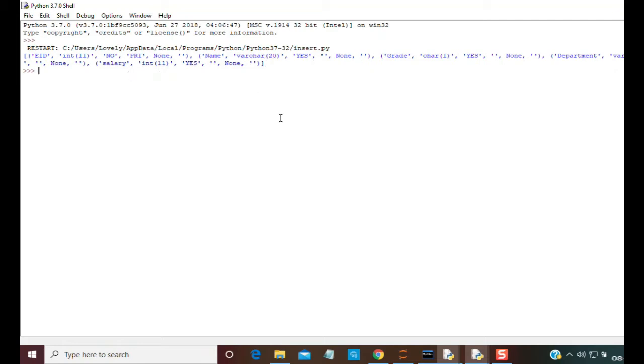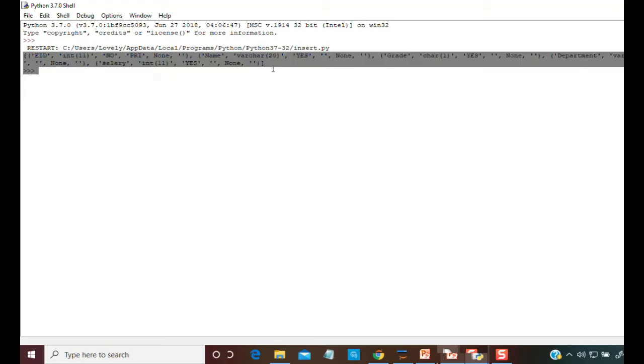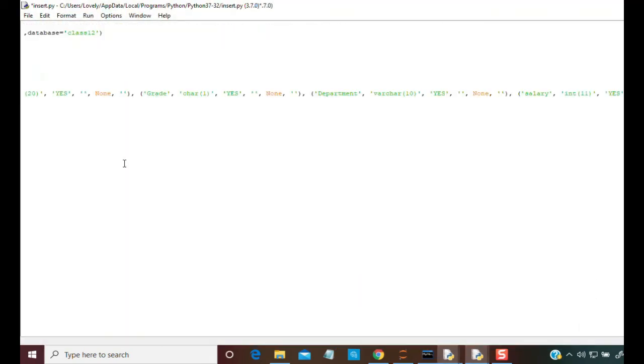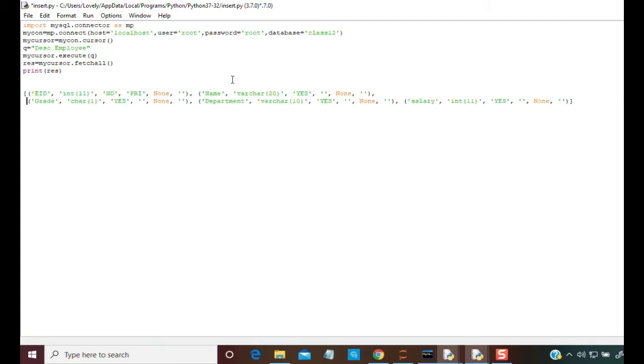So from here also we can view the description. Now to insert a value we need to have the employee first. So what we can do is we'll just copy this and paste it onto our program downward somewhere,